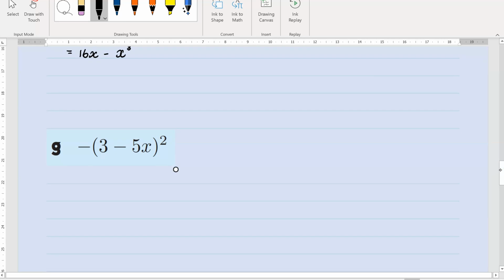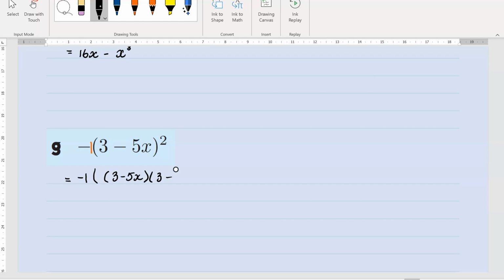This one, I'm going to speed it up a little bit now. So remember the hint here is that this is technically a minus 1 out the front. So keep the minus 1 there. Squaring means timesing by itself. So expand that. Remember, you should have stopped the video by now and be doing this yourself, and I'll just expand